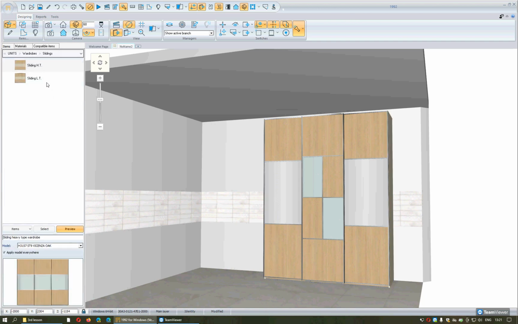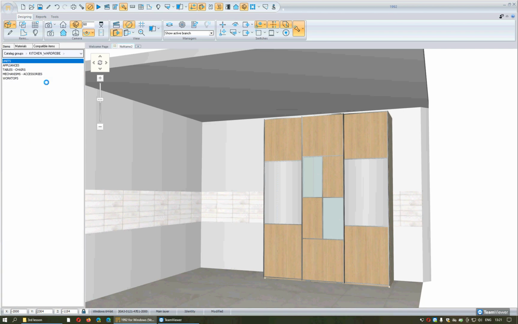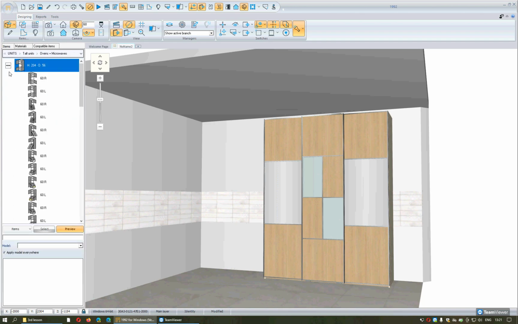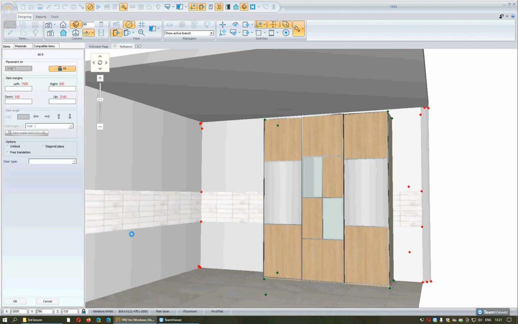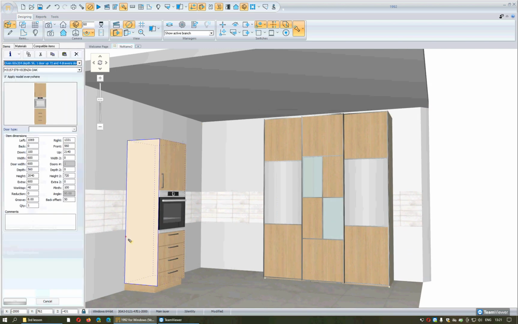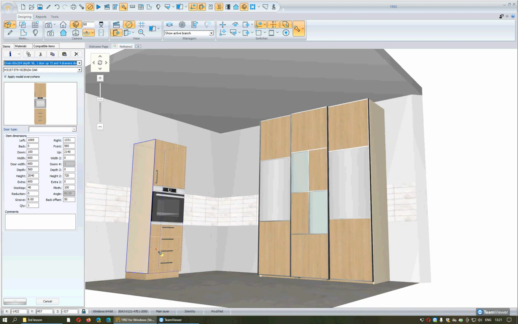the catalog kitchen. So if you want to change, for example, a unit, a tall unit, let's say a tall unit with ovens, for example, and microwaves. Let's say that we want to have such kind of unit with drawers, but here you can see that the drawers are 4 in number. So I will select, for example, this unit. I will edit on the project, and after